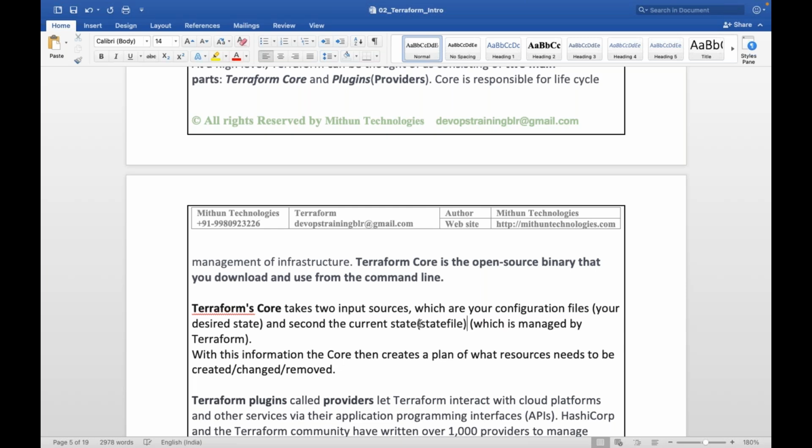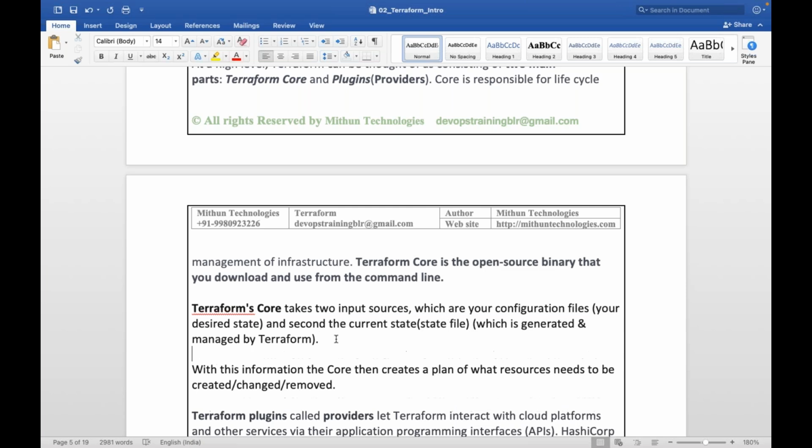The state file is generated and managed by Terraform only.